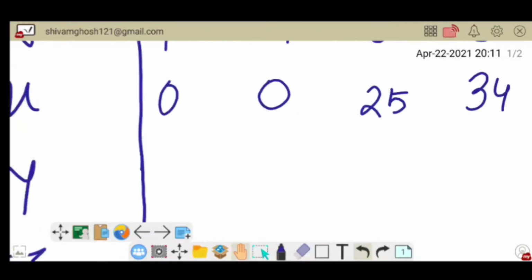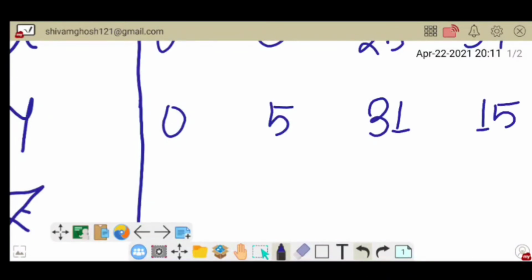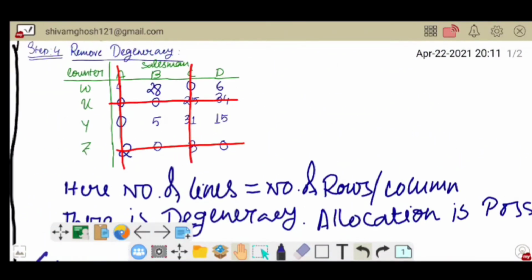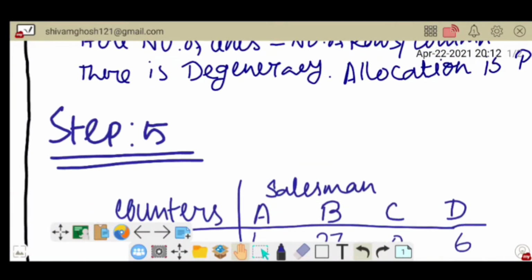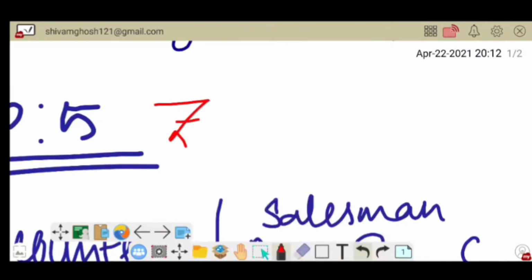We have to select this zero, and in the next row, that is 0, 5, 31 and 15, and in the Z row, that will be 2, 0, 3, 0. So it is the matrix we created in step 4. In step 5, we have to select the zeros. Sorry, I forgot to write the name of the step. That is zero assignment.